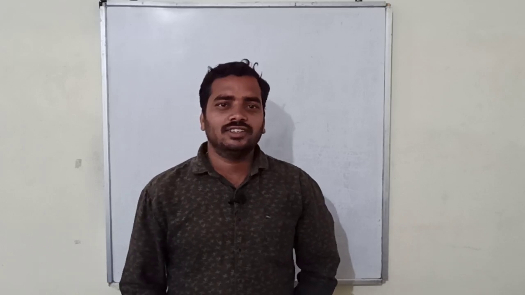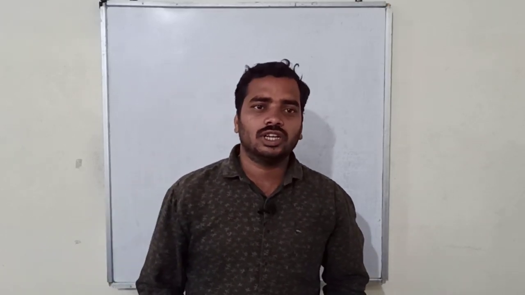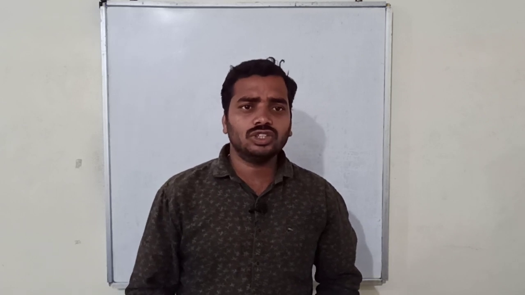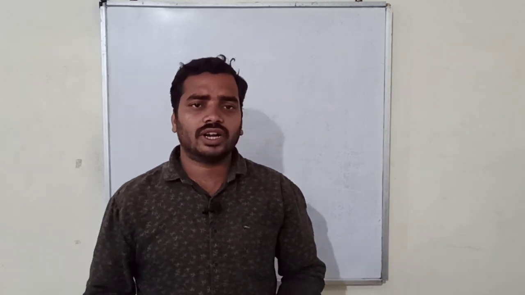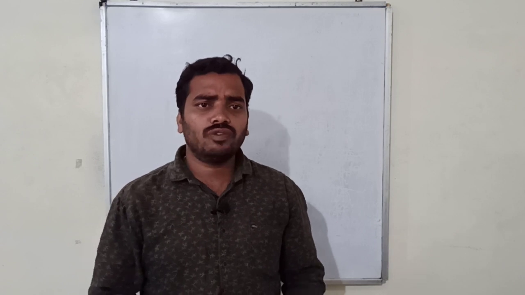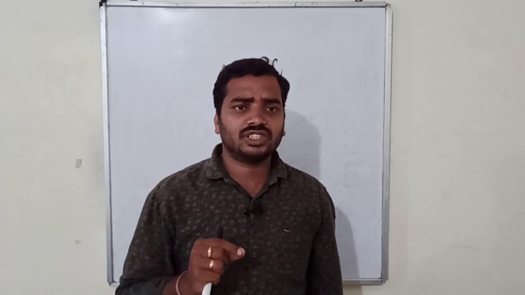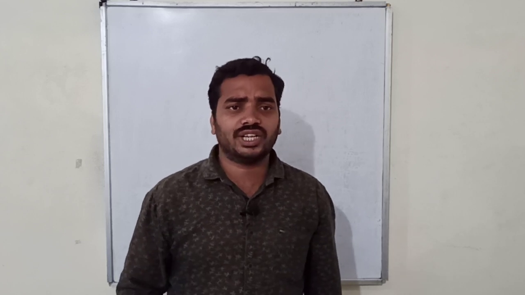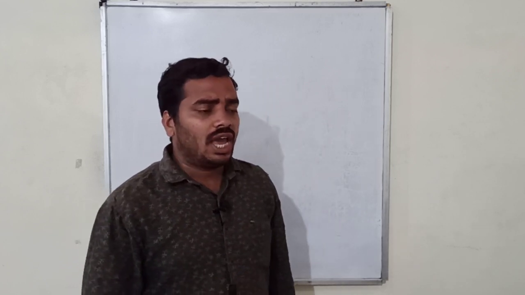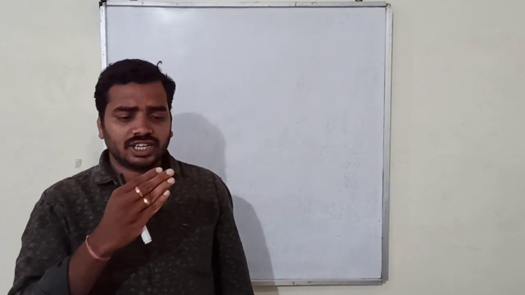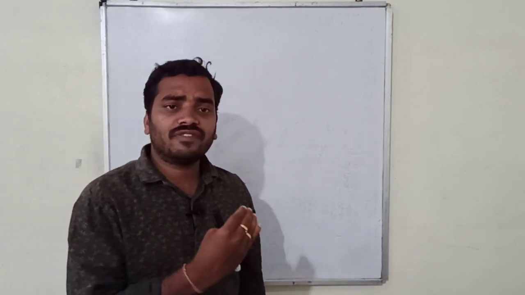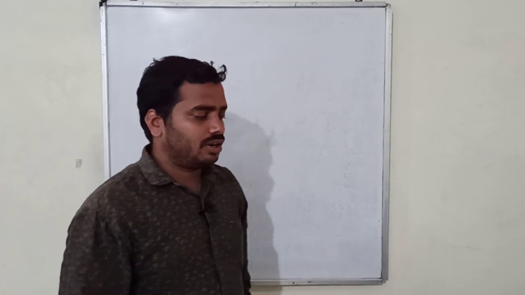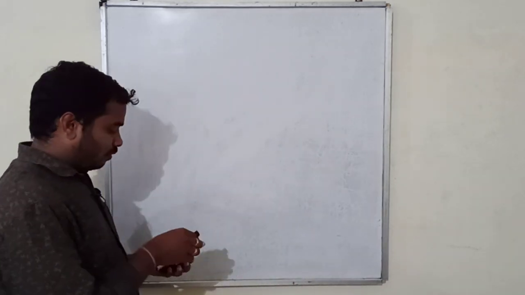Hi children, today we are going to discuss how to draw ray diagrams. In order to know how to draw ray diagrams, we need to know 4 cases of how the reflected ray behaves based upon the direction of the incident ray. So we shall see, based upon the path of the incident ray, how the reflected ray passes when it gets reflected from the curved mirror. So what are those 4 cases?